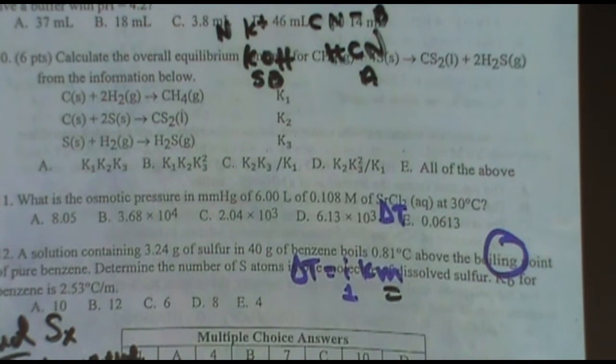Okay? So what you're going to do, oh gosh, sorry, that got off screen. You know the kilograms of benzene, it's 40. You're going to drop that out, and you're going to be left with the moles of sulfur. You've got the grams of sulfur. You're going to go grams divided by moles. This is just conversion. Grams divided by moles. And then that's going to be a number